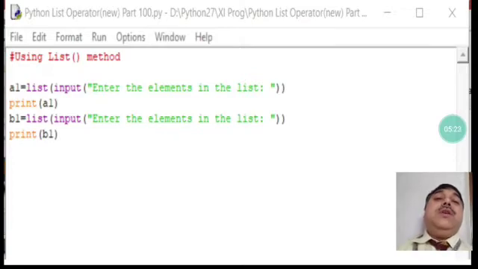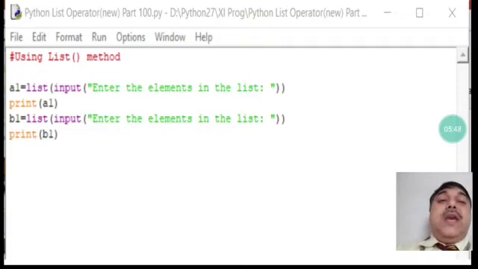The next one is B1, which equals list, input, enter the element in the list, print B1. So this is what has been done. Now, how is it working? In this particular program, I have called a function known as the list function.